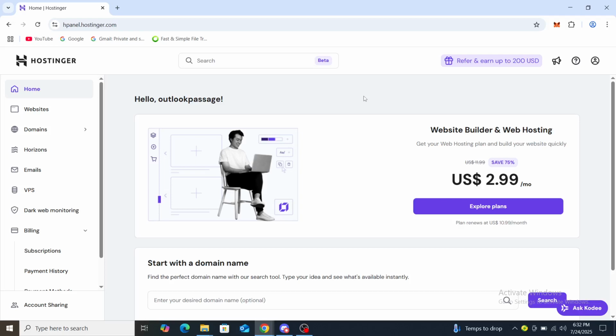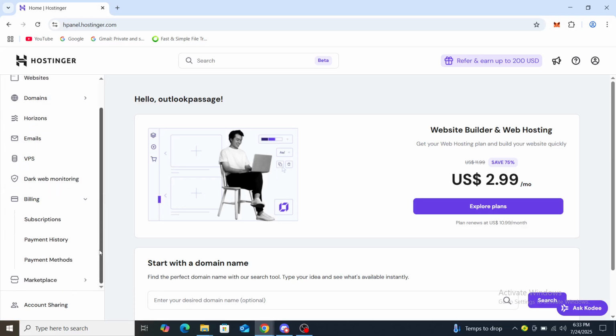Today I'm going to show you how to pay Hostinger monthly. So the first thing you want to do is actually log into your Hostinger account, and you can see it looking something like this. From here you can see home, websites, domains, horizons, emails, VPS, as well as billing, marketplace, and account sharing. Now from here you can see it says here save 75%,